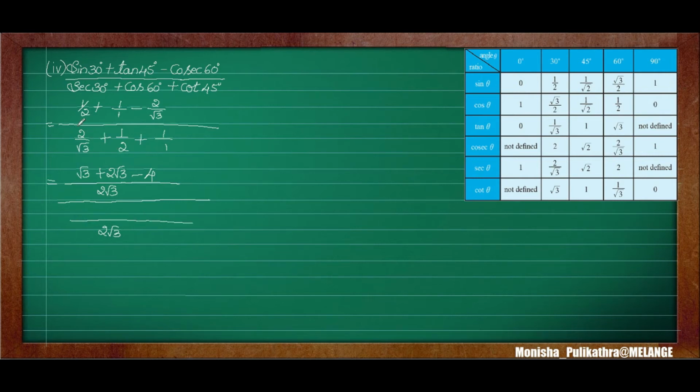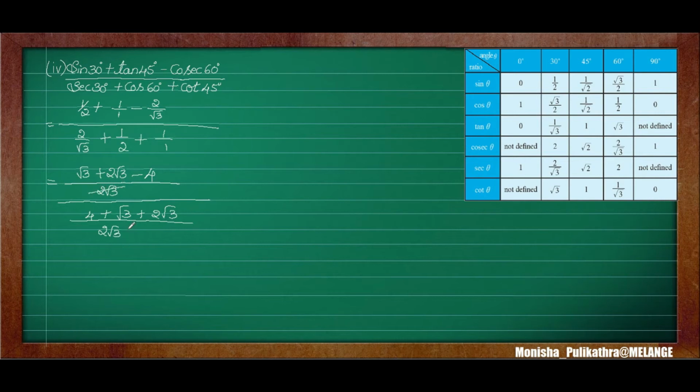So in the first set of ratio, root 3 cancels, 2 will be remaining. So 2 2s are 4. Plus in the second set of ratio, 2 2 cancels, root 3 into 1 is root 3. Plus here 1 into 2 root 3 is 2 root 3. 2 root 3 into 1 is 2 root 3 itself. Okay, I hope you understood this, how to take it.